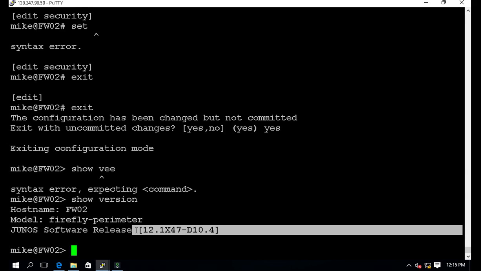Firefly perimeter 12.1x47. I found out they actually removed the Dynamic VPN a couple versions ago. I think it was 12.1x45 or x44 that they took away that functionality from us. So the mystery as to why we weren't able to get that command previously is that the feature no longer exists in here. So the next steps we would have done is down here you have the Pulse client